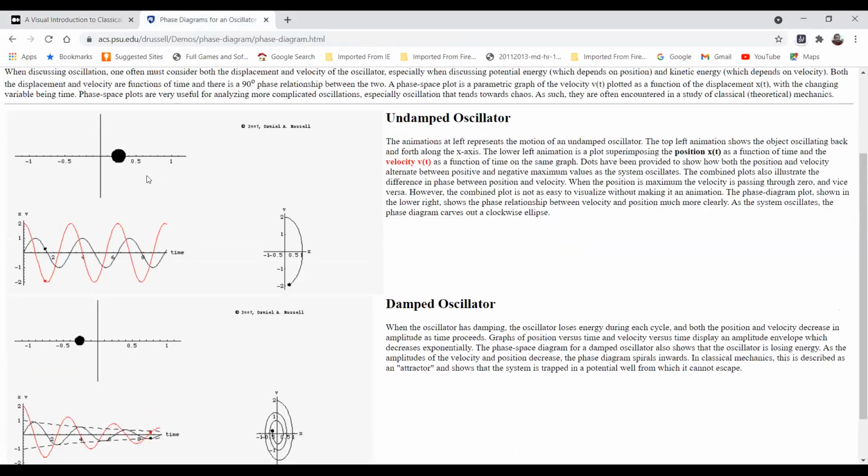Just observe, it is an undamped oscillator. Here there is a particle, it is moving along the x-axis, oscillating horizontally. That can be represented by a simple harmonic oscillator by means of this particular curve. This simple harmonic oscillator is done. So if this particle is moving horizontally, in the phase space this particle is represented by means of a